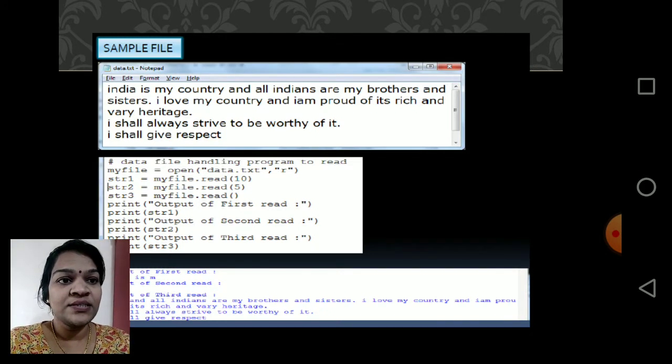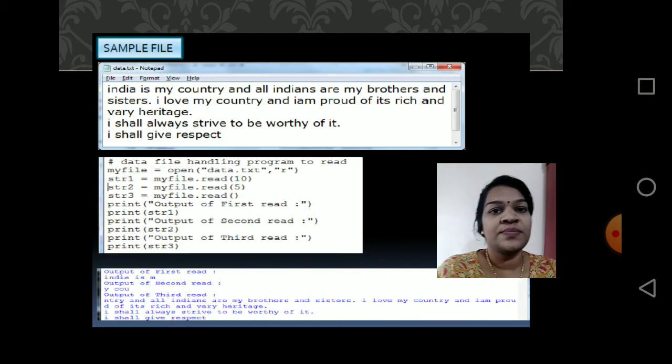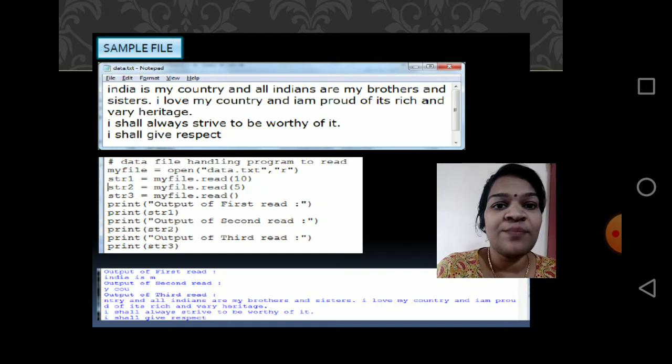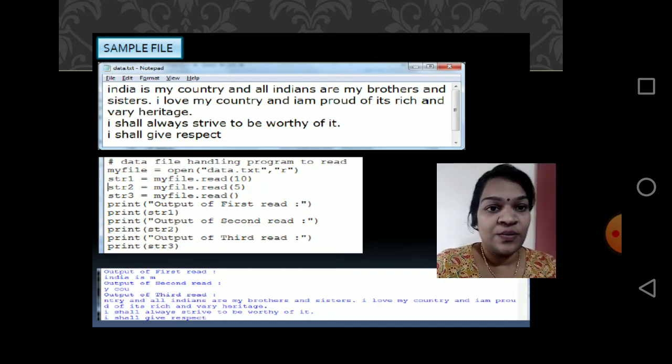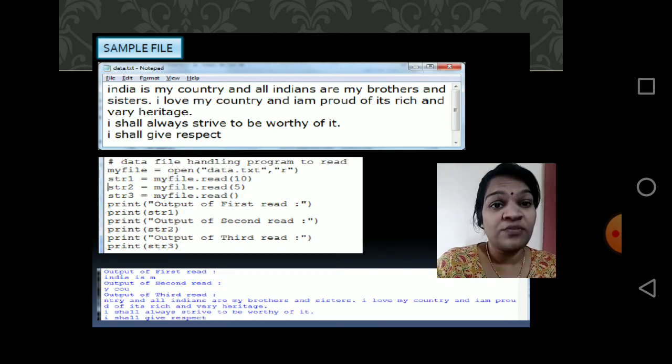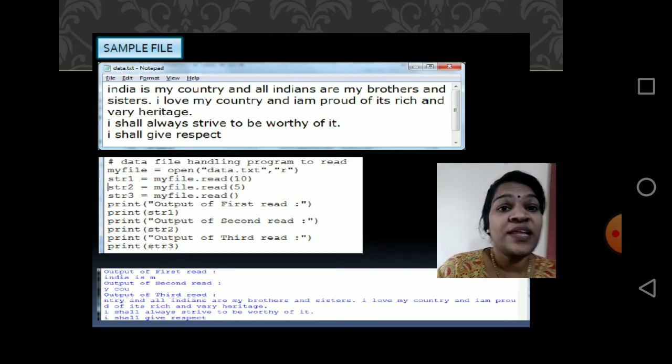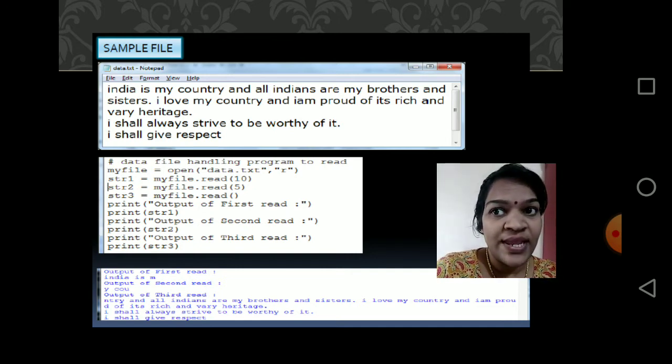Okay, we'll see some examples. You have a sample file here. This is one example. You have to write this program in the notebook. The text file used is data.txt. It is just a notepad file. You know how to create a notepad file, a text file.